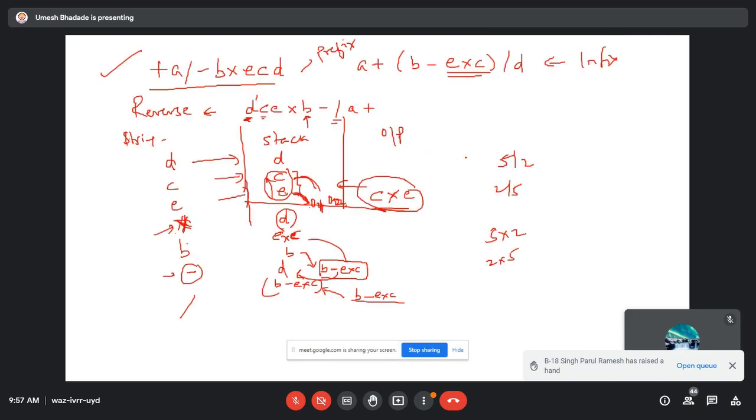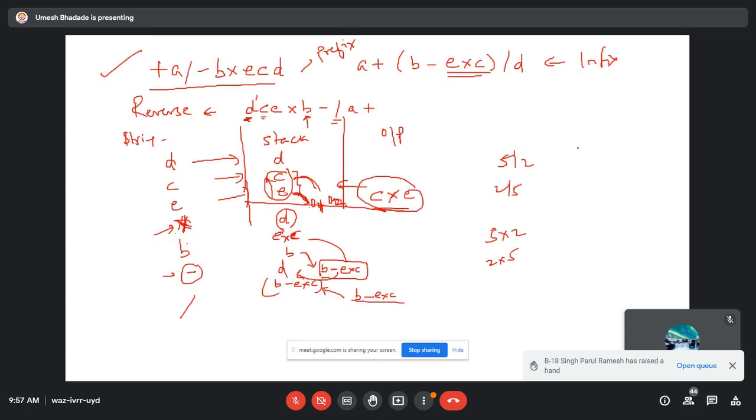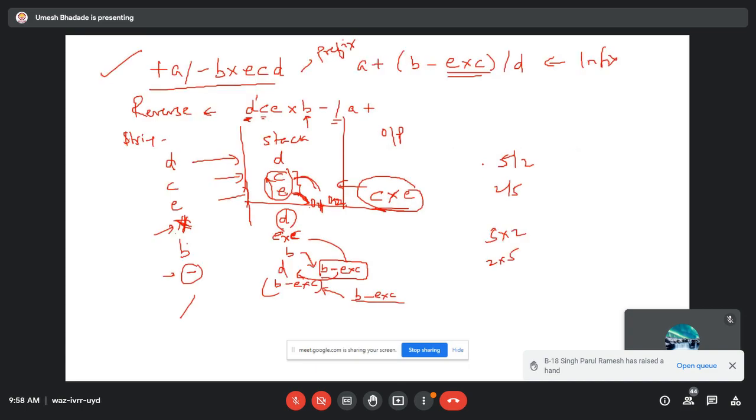प्लस ए स्लैश माइनस बी स्टार स्लैश माइनस बी स्टार और टीसीडी, ये अपना प्रीफिक्स था ना। अब वैल्यूज ले लेते हैं हम लोग यहाँ पर, ये अपना एक्सप्रेशन है ना, तो ए की वैल्यू अगर मैं 10 लेता हूँ प्लस बी की वैल्यू मैं सपोज 20 लेता हूँ और ई की 4 लेता हूँ, सी की 5 लेता हूँ और डी की